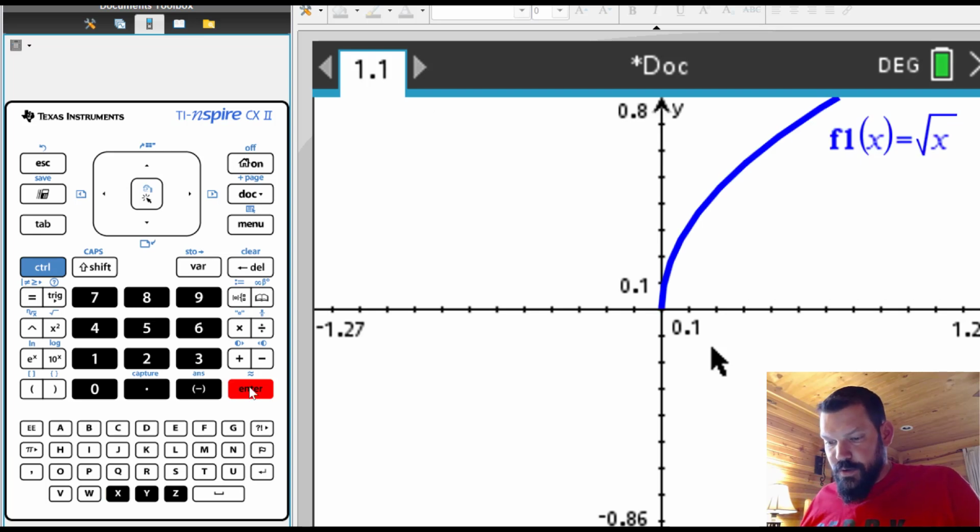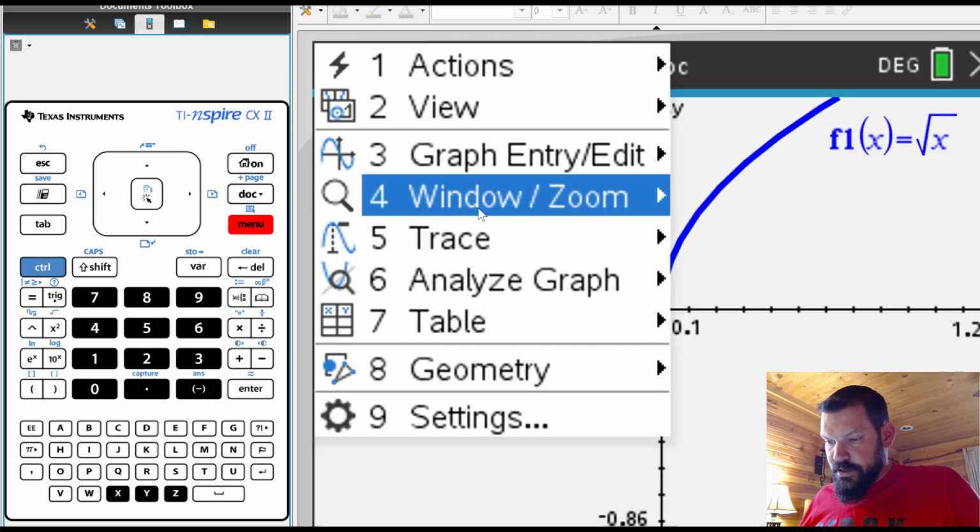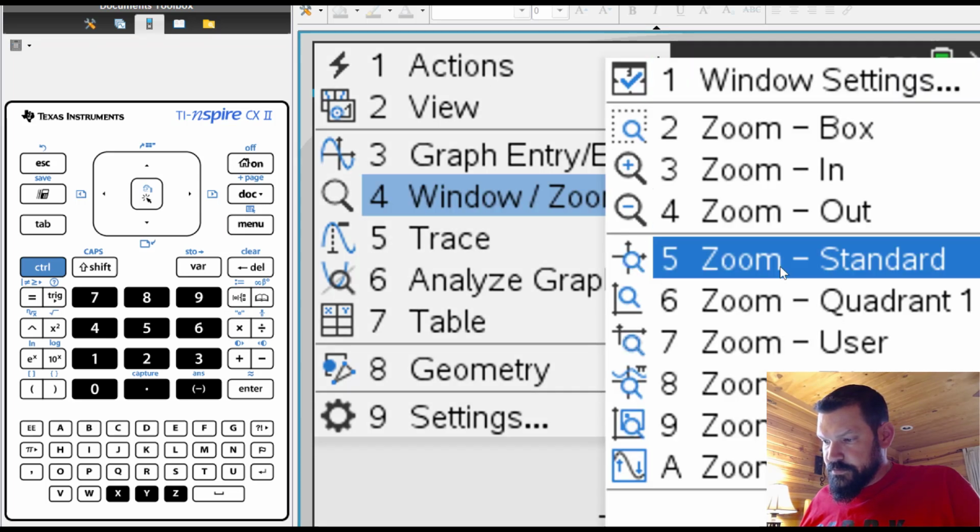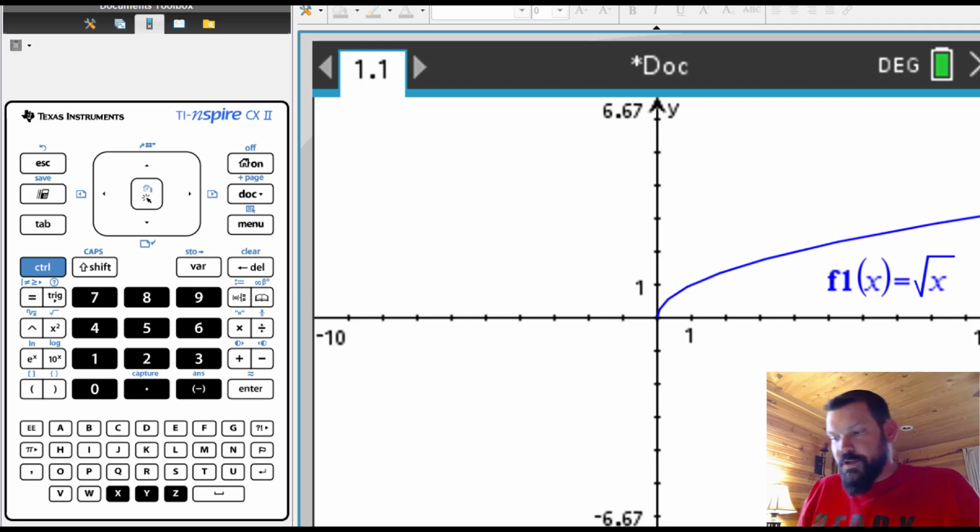And there's the graph of the square root of x. And if I zoom out to the standard viewing window, there's the graph. So there's nothing below the x-axis for it to correspond to, so we can eliminate the x-axis symmetry. There's nothing on the left-hand side of the y-axis for it to correspond to, so we can eliminate